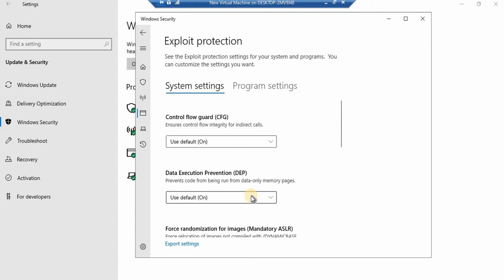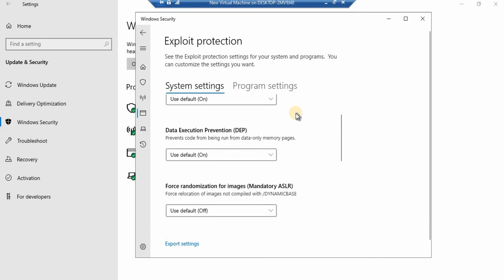Normally we bring devices from outside, we insert them in our device, and that device gets auto executed. If you'd like to stop that auto execution, you first insert your USB device, for example, first you scan, and only then open it. That would be a wise decision. This option is given in the client operating system as well.